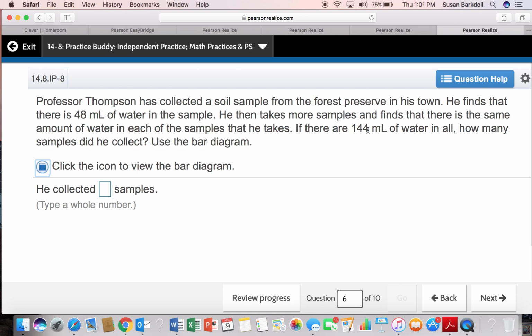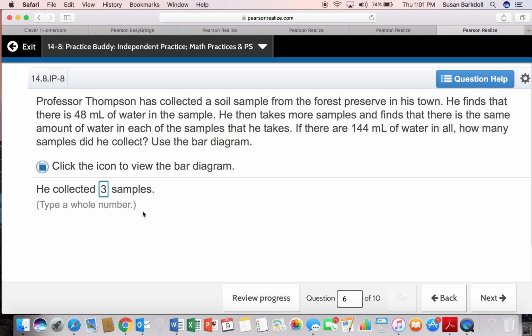Okay, 144 take away 48 leaves me 96. 96 take away 48 would be 2 samples. 96 take away 48 would be 3 samples. If I want to check that, I would say 48 times 3. 8 times 3 is 24. Regroup. 3 times 4 is 12. 13, 14. So our answer is